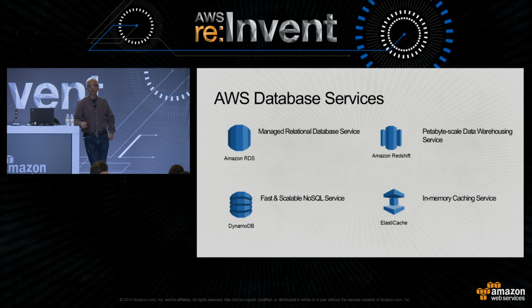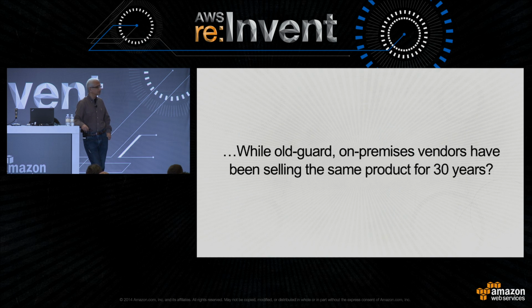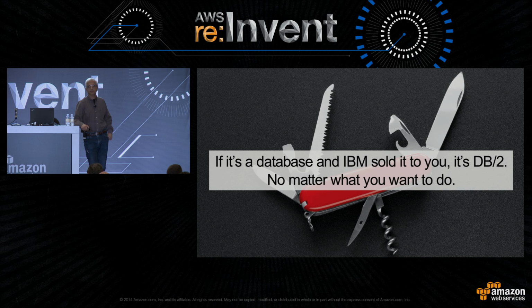And if you look at old-style technology vendors, like IBM and others, they've been doing this for 30 plus years, as Anurag was mentioning, and they really have only one database. So if you use a database from IBM, it's called DB2. So they have one service. They've been doing it for 40 years. And we have 4 services. So why is it that we're thinking about this in a different way?